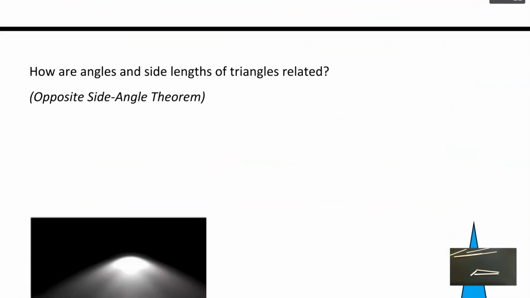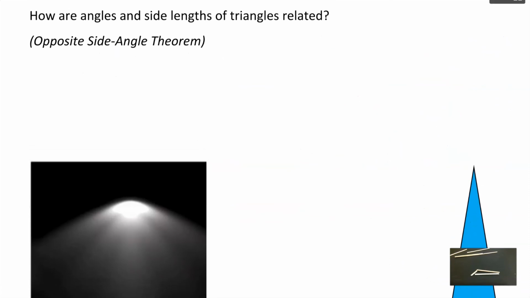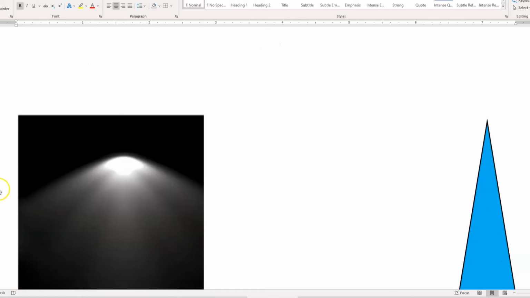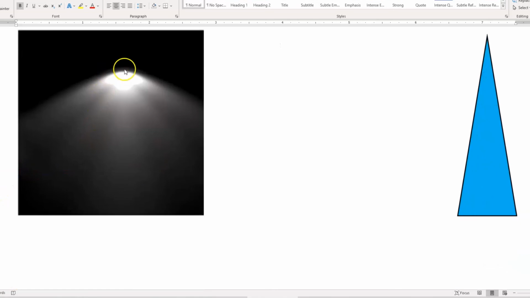And for the last thing that you need to know about triangles, how are the angles and the side lengths of triangles related? All right, and so this is called the opposite side angle theorem. And just like the others, you don't need to know that name. You just need to understand what's happening with the triangles. And so the first thing that I want to show you, I like to think about this as if it's a light. And so here I have a light, and if you look at the way that it shines down, it